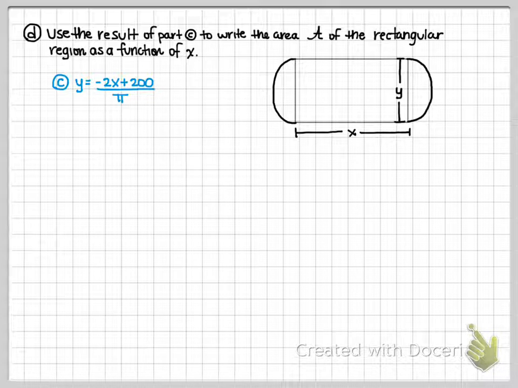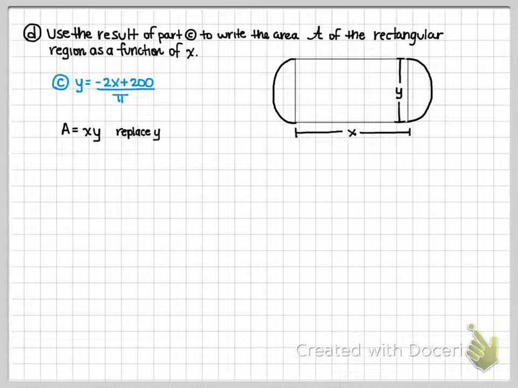So the area of the rectangle, well, the area of a rectangle is just base times height. In this case, it's x and y. And the problem is that's not the answer. I want to write it as a function of x, which means that x is the only variable that the area is equal to. So what we need to do is replace y with something. Well,